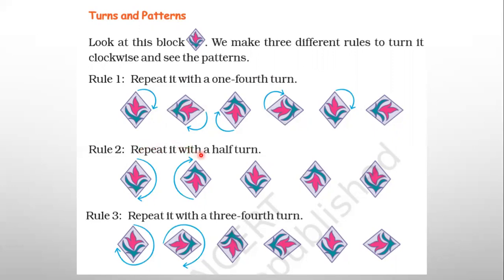Half turn means a turn of 180 degree. And in 180 degree turn, the object will be looking upside down. See, here the tip of the flower is facing to the top. And when it makes a 180 degree turn, or a half turn, the tip will be coming directly down. See here. And in the next half turn, again it will come back to the original position. So, an object, when it makes a half turn, in the second turn, it is coming back to the original position. Again, the turns are repeating so that it can form the pattern.